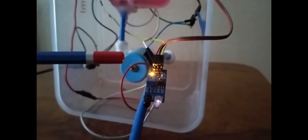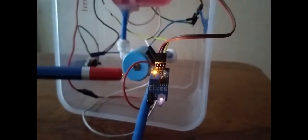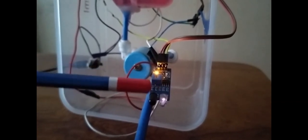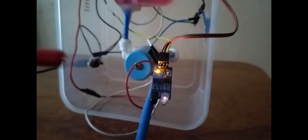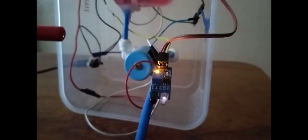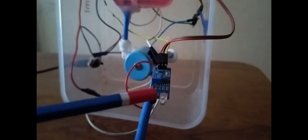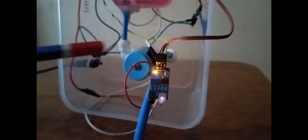Let me explain how this IR proximity sensor is working. There you see two LED lights here. The white color one is the IR emitter. It basically emits infrared light. There you see that a light is glowing in the white color one. If I switch it off, you don't see any light glowing in that white color one. If I switch it on, you see that